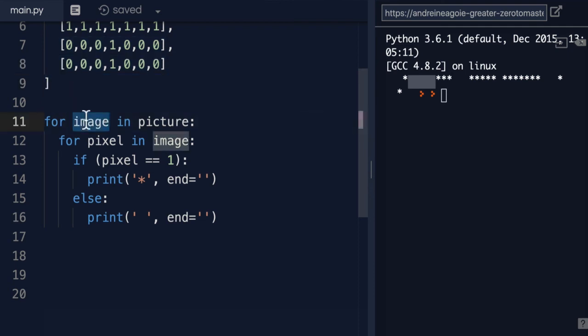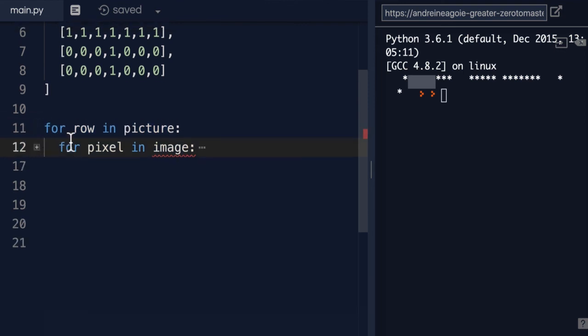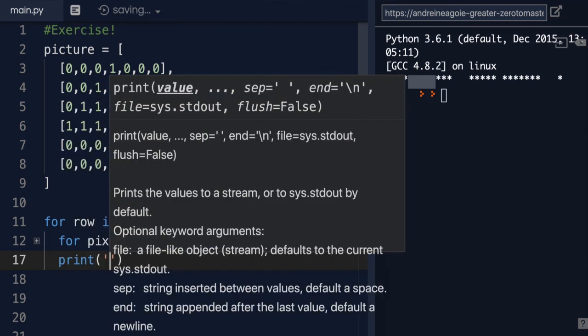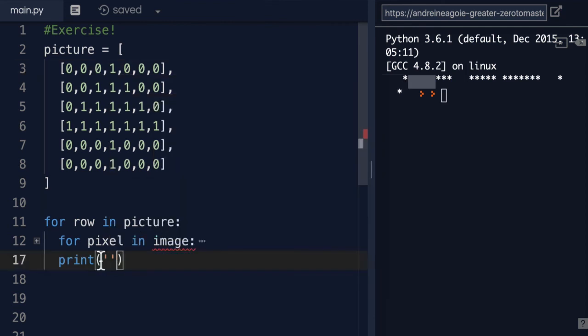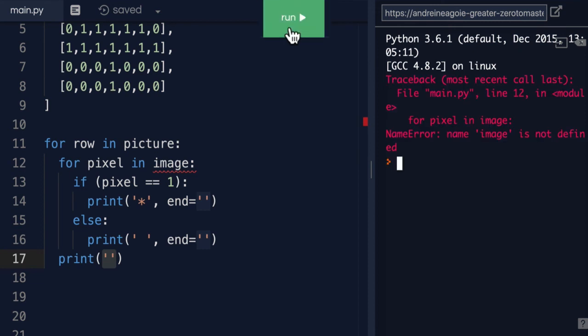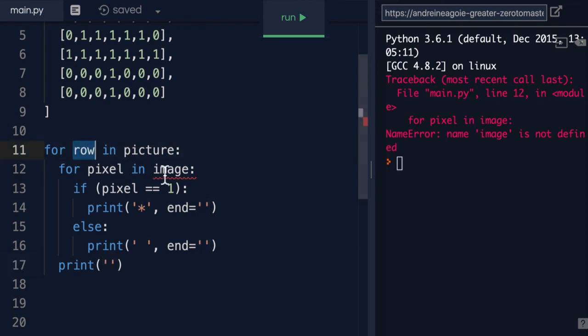So maybe a better name for this will be a row in picture. And in here, I'm going to add at the end of this for loop, so after we're done looping through the entire row, at the bottom here, I'm going to print an empty line. But remember, the default is going to be a new line. So again, an empty string, it's going to default to a new line, and we're still going to have this code. If I run this, I get an error because image is not defined because I've just changed this to a row. So let's do row here, click run,